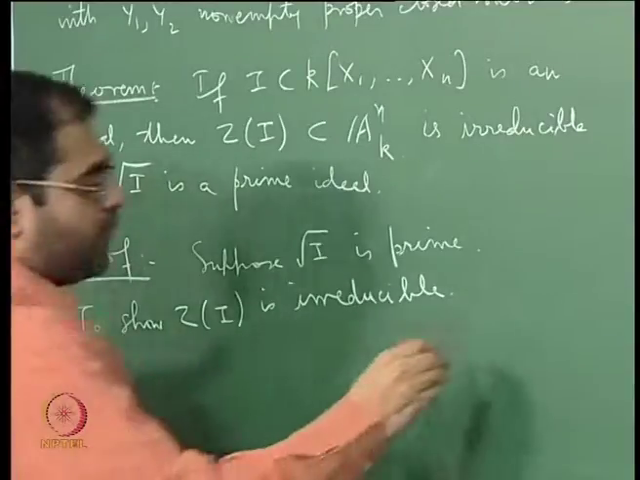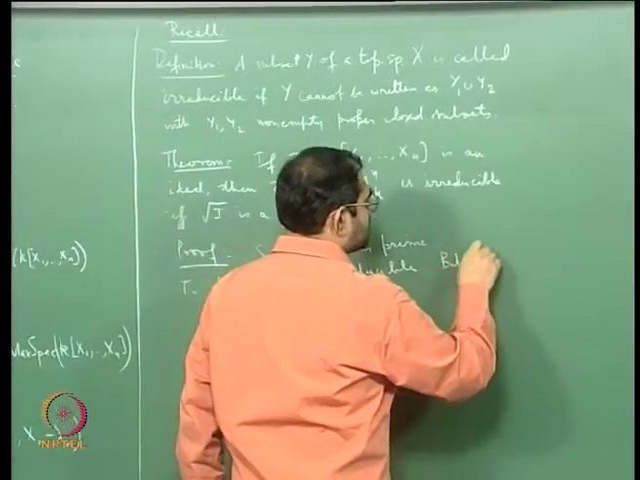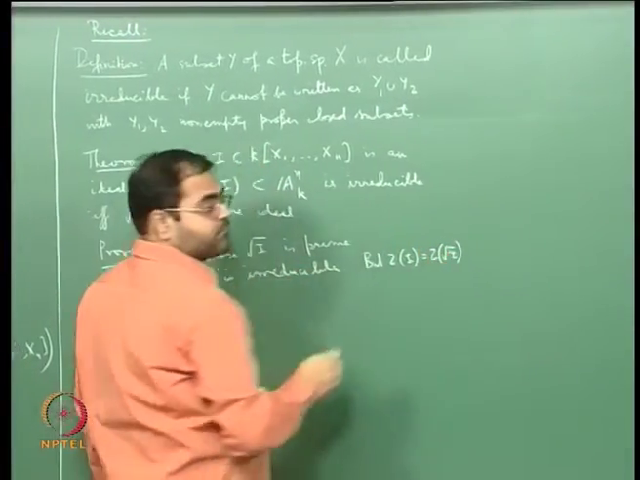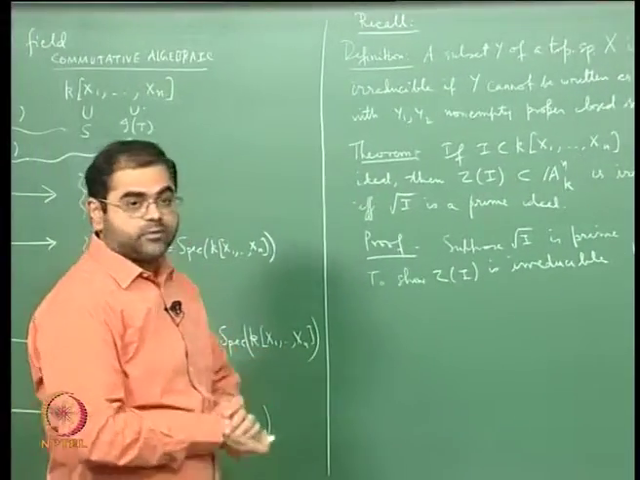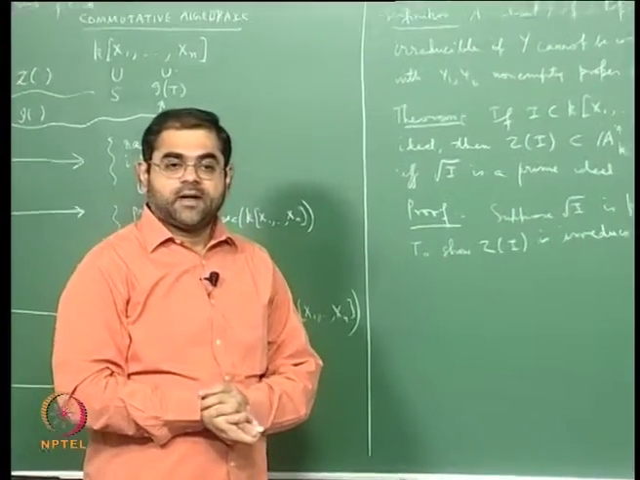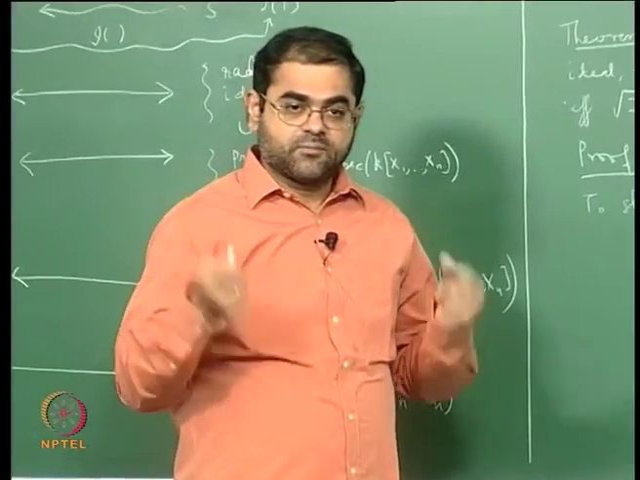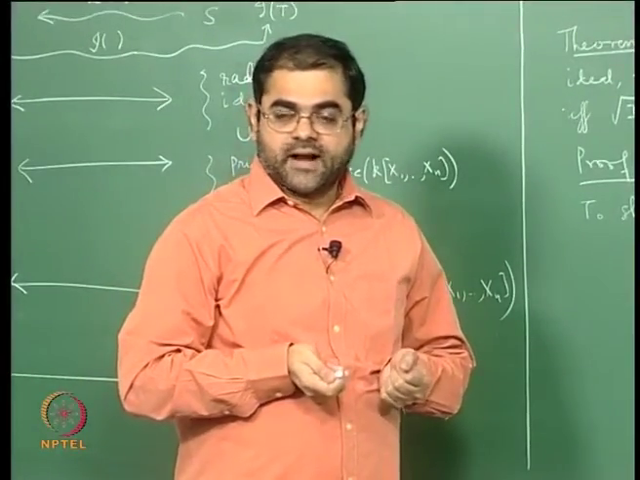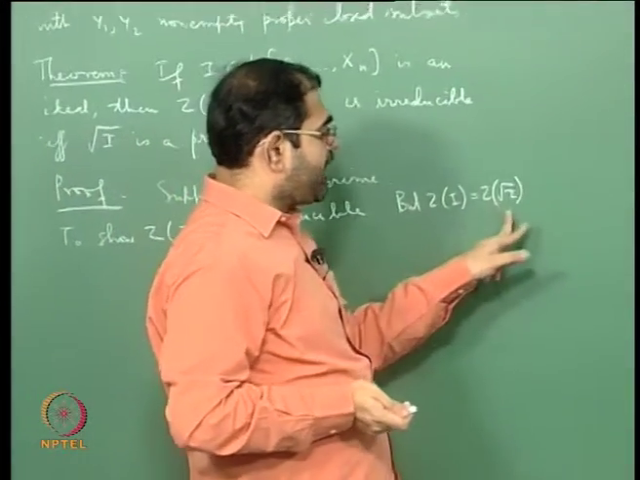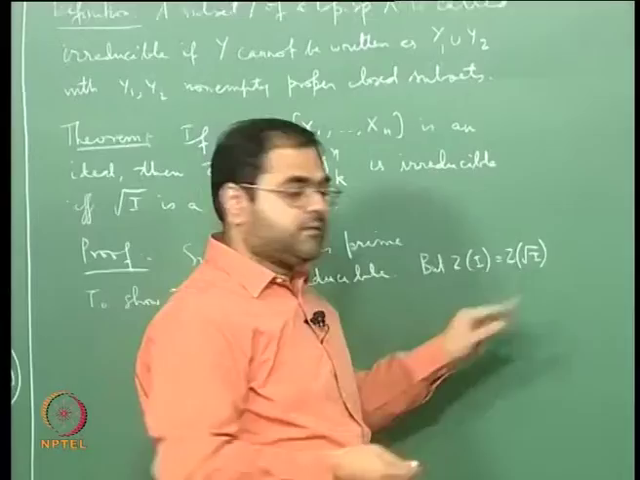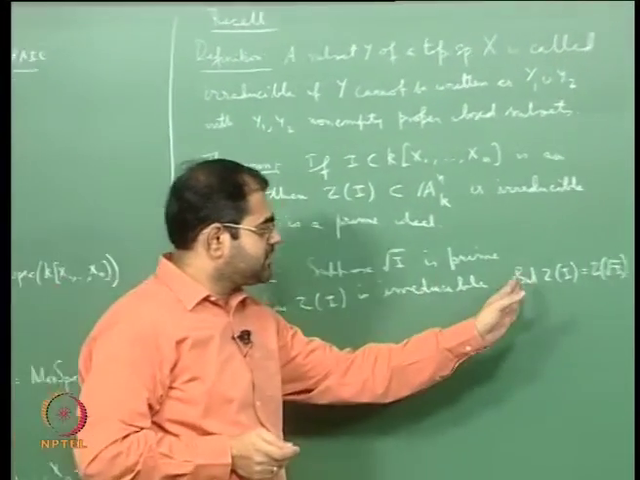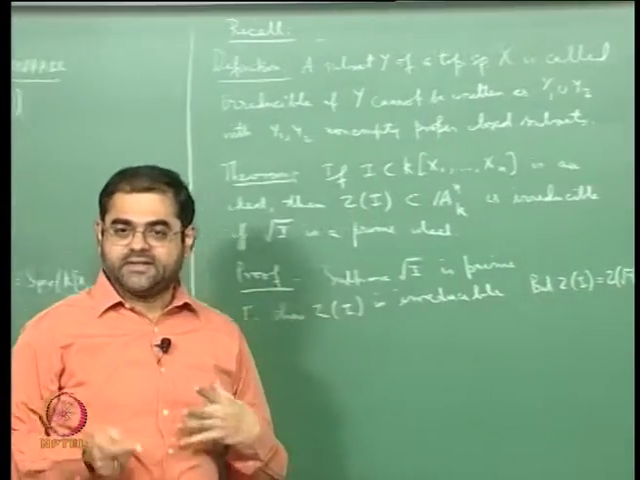you see Z of I is the same as Z of rad I, okay. This is something that I told you last time. Two ideals J1 and J2 have the same set of common zeros if and only if the radical of J1 is equal to the radical of J2. So since I and rad I have the same radical, namely rad I, they both have the same zero set, okay, but even otherwise this is quite trivial to see directly,